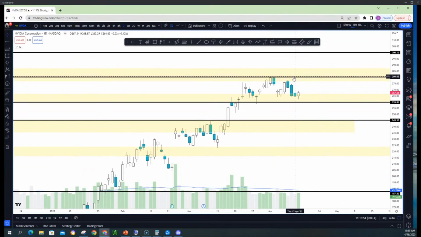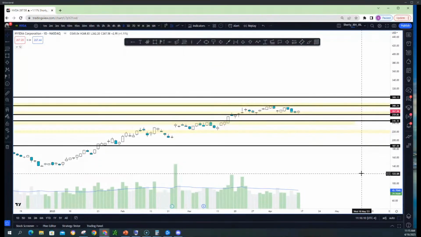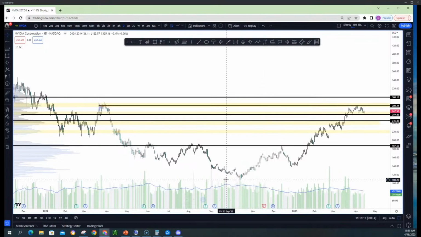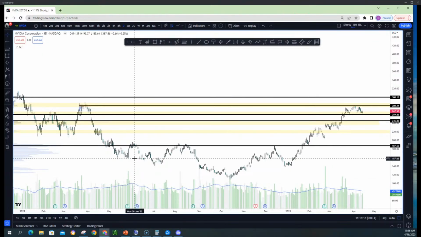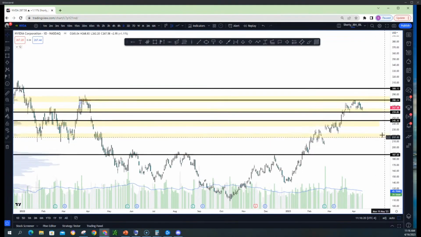Because if they break this level, man, the retail, I already had a guy on Twitter say this is going 500 by end of year. Yeah, I saw it. Okay, well, if he is confident it's going over 500, he sees a 100% increase from here. But these people loaded up when they're telling you not to buy it at 100. So you have to understand the buying and selling and the value.